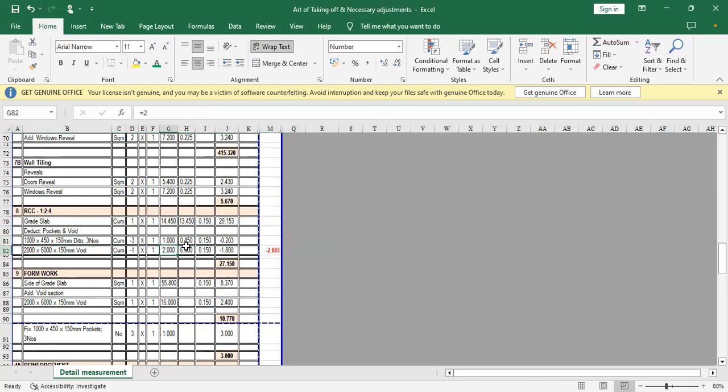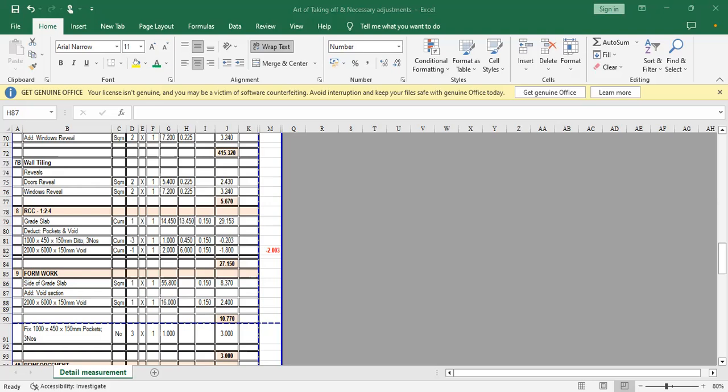Void also 2 meter by 6 meter by 150. This will give us 1.8 cubic meter. So the net volume for our RCC concrete will be 27.15. Now, after we remove the pocket from our concrete volume, we also need to consider the pocket,